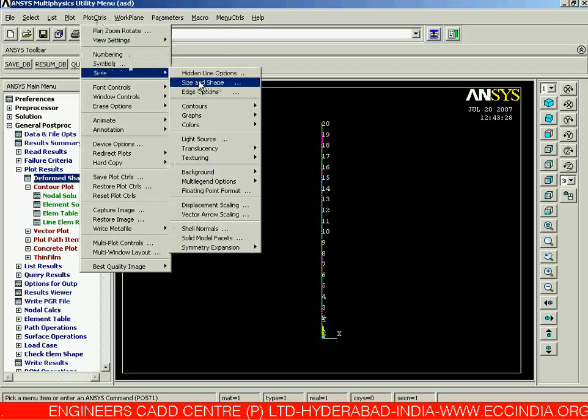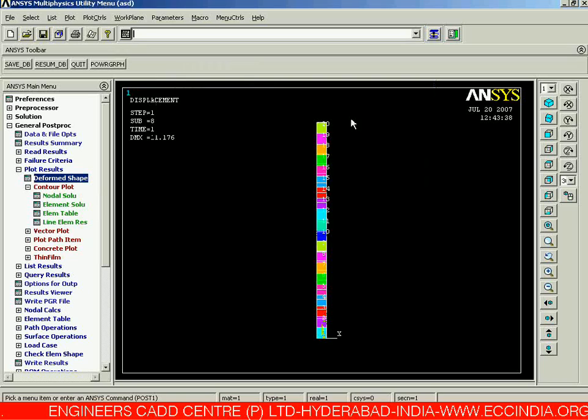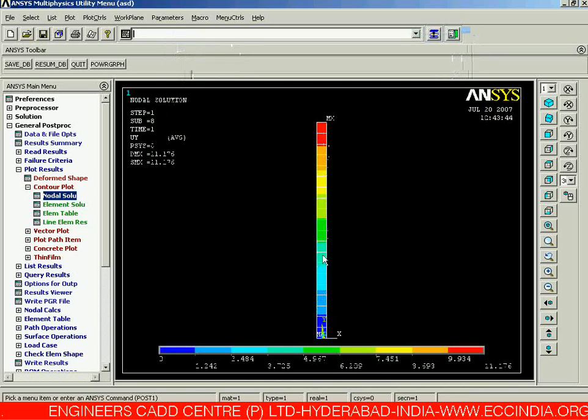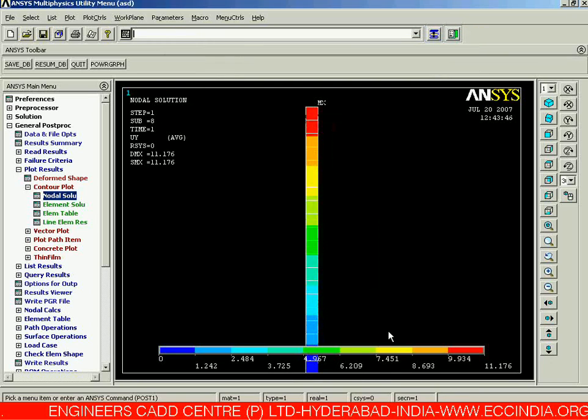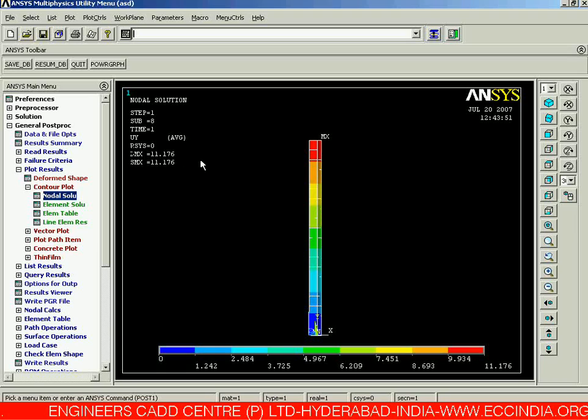Say plot control, style, size and shape, just sit on over here and just say OK. Now we can see the nodal DOF solution with respect to the y component and say OK, we are going to get a plot with respect to the size and shape of that particular beam over here. So in that ways we need to go for the maximum DOF calculations with respect to the time history plot also. So these are the ways we need to go for the non-linear